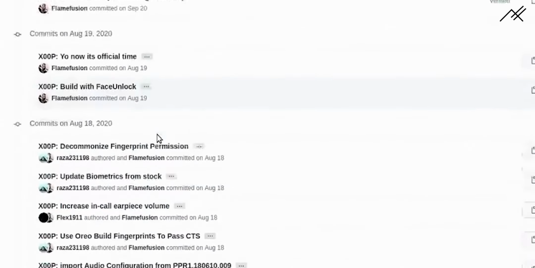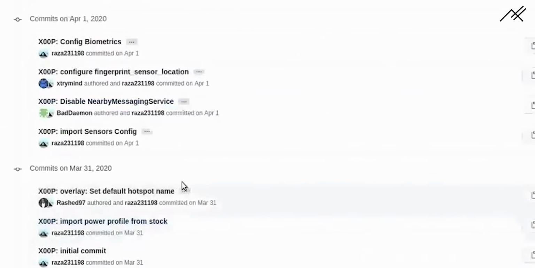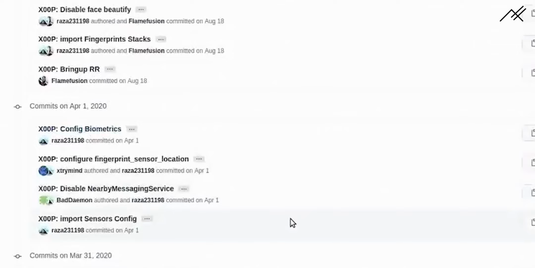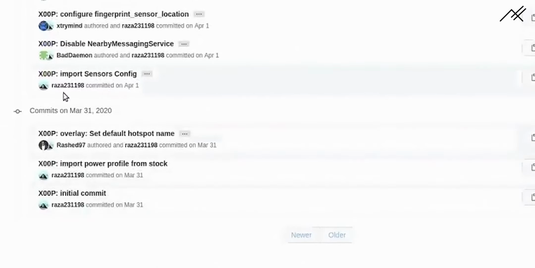The important thing is, I don't need the fingerprint and all, because it's not required as my device doesn't have a fingerprint, but I need